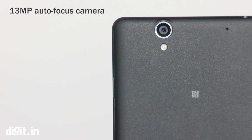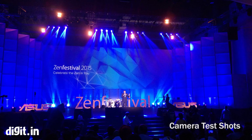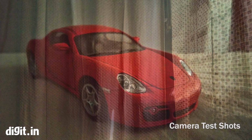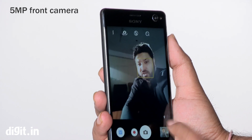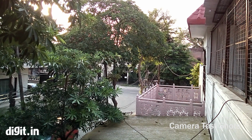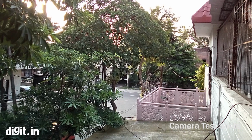The 13-megapixel Sony Exmor-R CMOS BSI sensor has produced images that exceeded expectations in a dark hall with blue and green lasers, but failed under normal daylight or fluorescent conditions. It somehow seems more adept at clicking photographs in lower light conditions. In fact, the front camera is the biggest disappointment here. For a selfie-oriented smartphone, the Sony Xperia C4 takes poor photographs out of its front camera, even in broad daylight. Images are pixelated, colors appear bleached, and the best you get out of the Xperia C4 would have been great